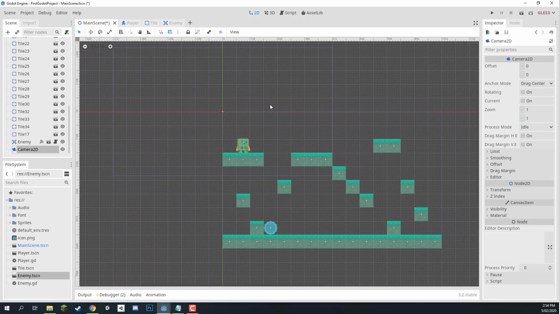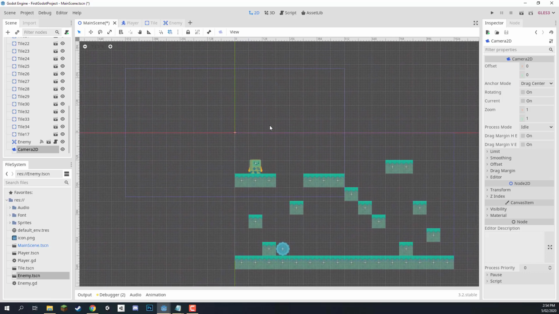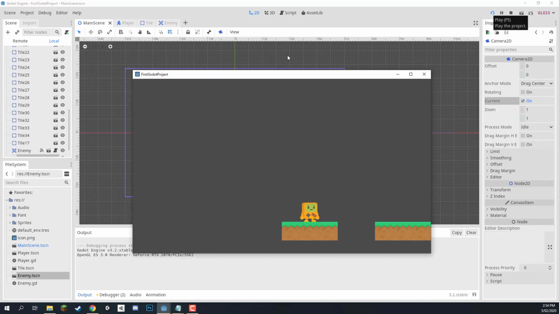So what we can do is we can actually have this camera override the existing preset window, which is what we see into the world, by going over to the inspector with the Camera2D selected and clicking on current. Make sure current is enabled and you'll see that the blue outline suddenly glows. Now if we press play, you'll see that the camera has changed, but right now it is not moving to